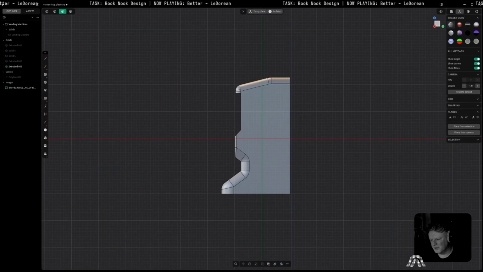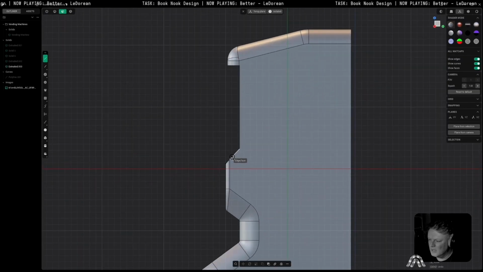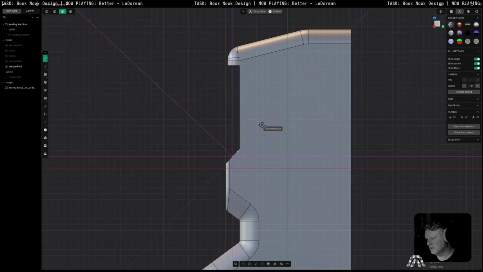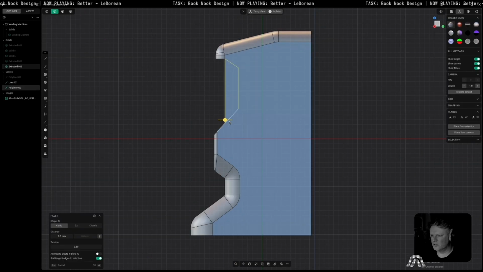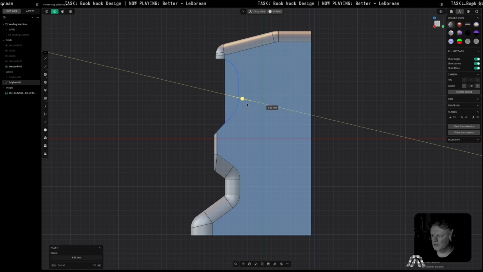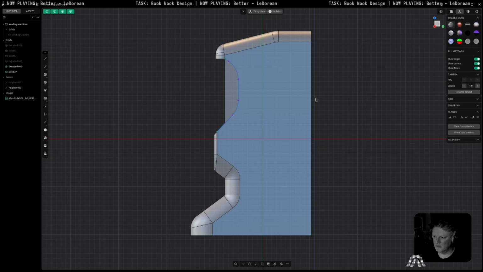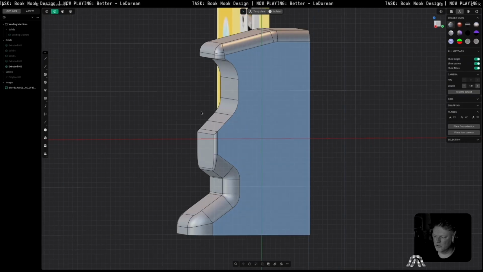So, base, use that as the reference plane, Shift A for the line. Another cool thing is you could say, right, well, I like the angle of this line, press Shift on it a couple of times and it gives you a guide that follows it. Let's join these two lines and then add a nice smooth bevel. On the body, cut it out. So now we've got this swooshy shape,